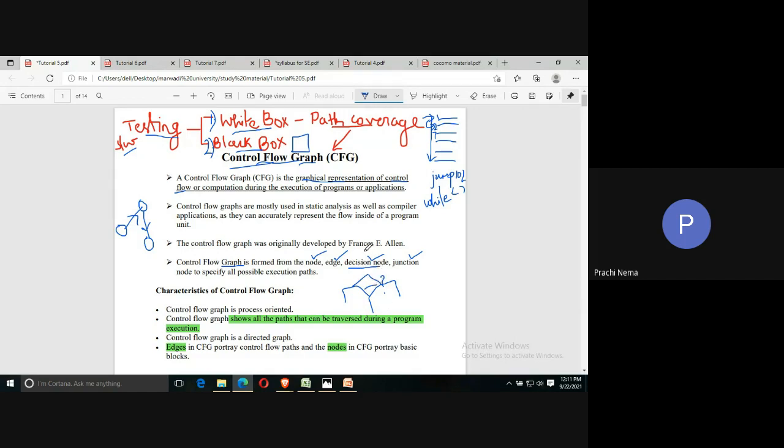So like that, it makes a decision based on the condition mentioned over here. In the same way, we would be having a decision node in the control flow graph, and here a decision node will be identified if there are multiple or more than two edges coming out of a particular node, then that node will obviously be a decision node. Opposite to that is a junction node. Junction node क्या होता है? जहाँ पे multiple incoming edges are there, like junctions in railway stations where multiple train routes meet or pass through. So like that also there is junction node in the control flow graph. Okay, so when multiple outgoing, that is decision node, and multiple incoming edges, that is junction.